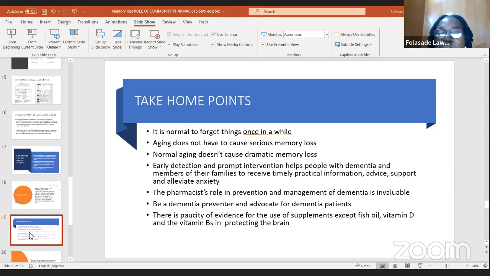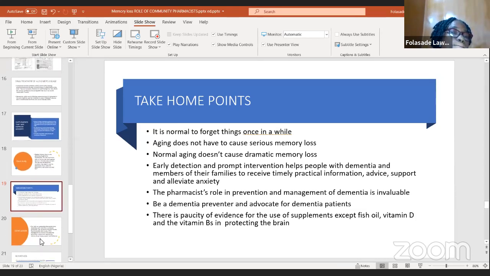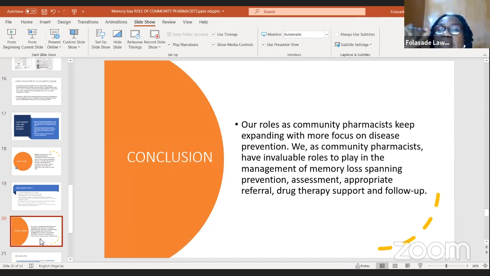There's paucity of evidence for the use of supplements, except fish oil, vitamin D, and the B vitamins in protecting the brain. So I want to conclude by saying that,